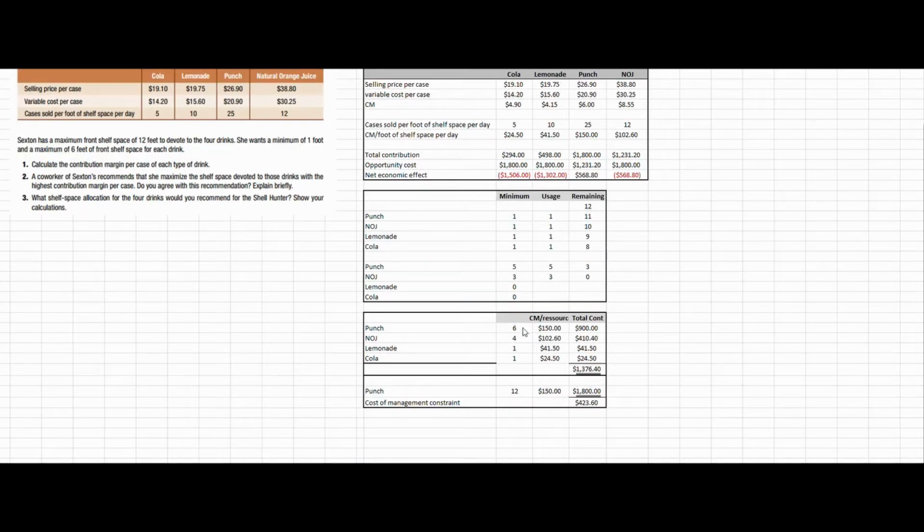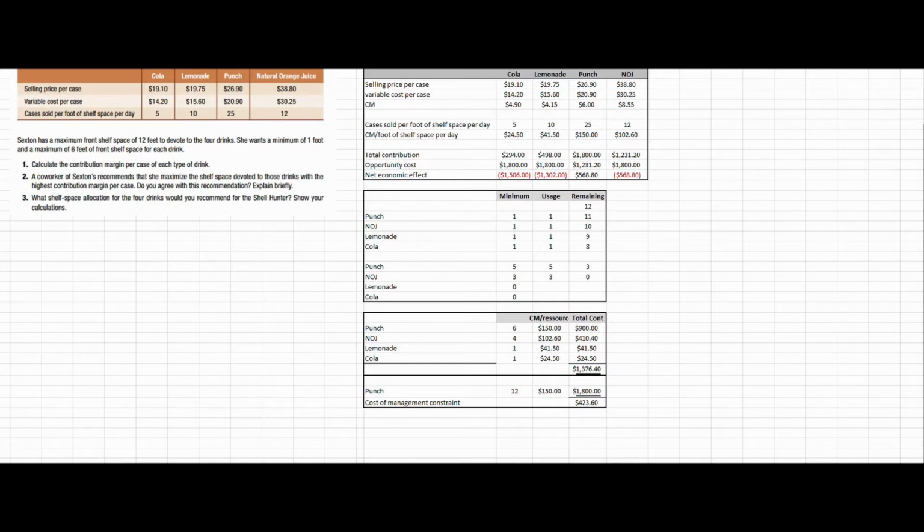Okay, with that allocation of those 12 square feet, subject to the 3 constraints, the input constraints and the 2 managerial constraints, as you can see here, we would generate a total contribution of $1,376.40. Now, it's important to recognize whenever we have managerial constraints as opposed to input constraints and output constraints, managerial